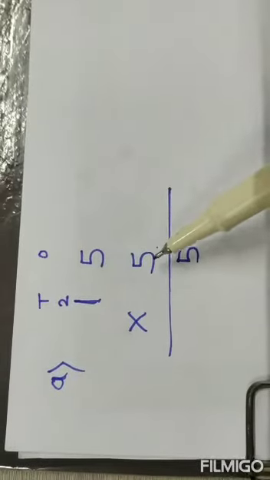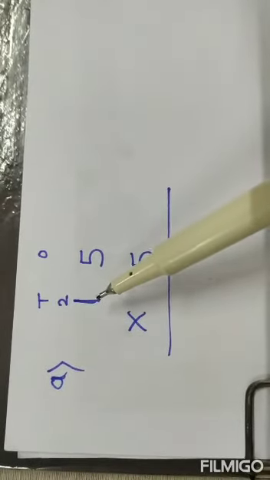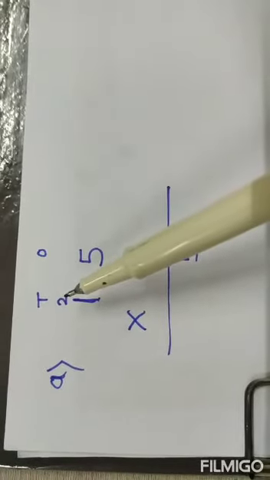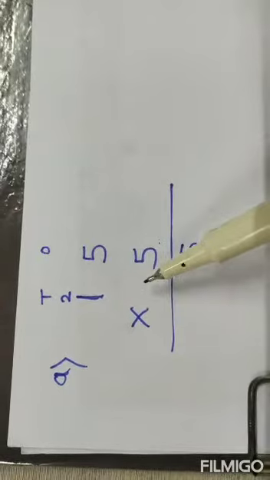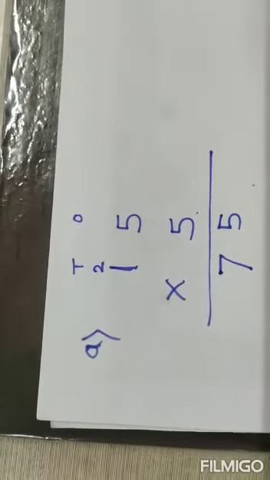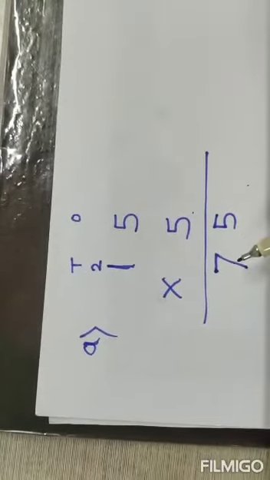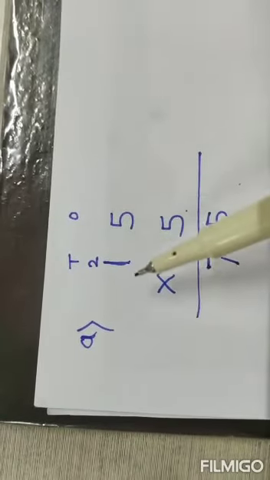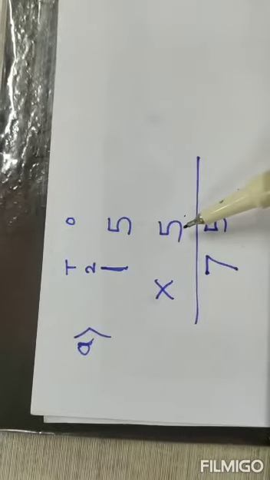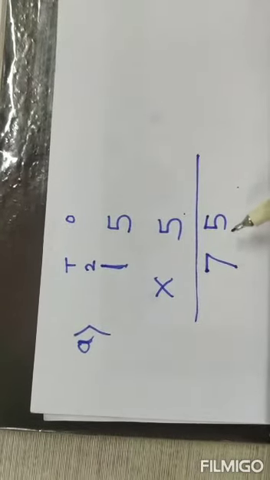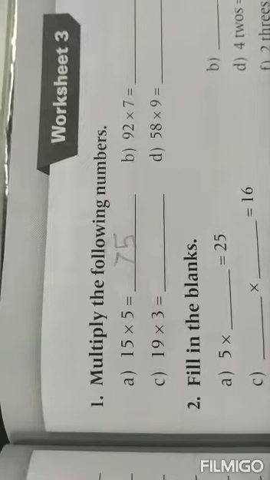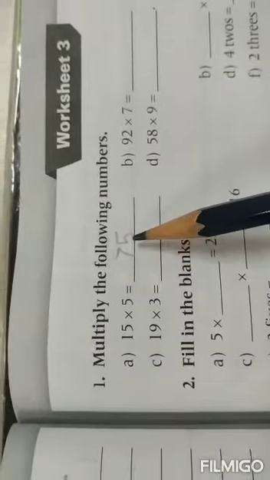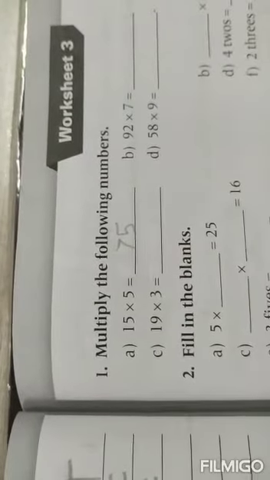Now 5 into 1 is 5 and add this carry 2 in that 5. 5 plus 2 is 7. So write here 7 means 15 multiplied with 5 we get answer as 75. So write down here answer 75. Next sum is